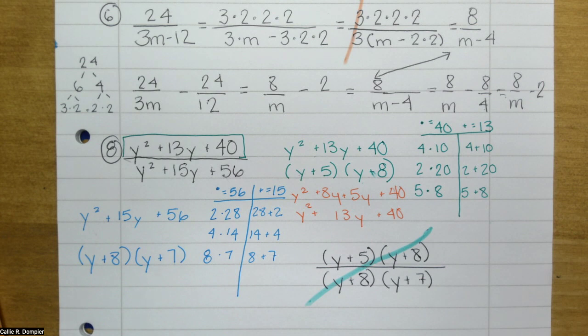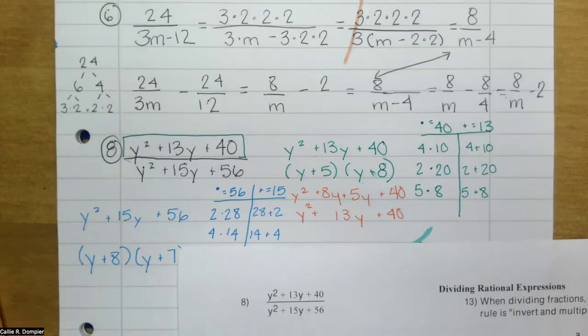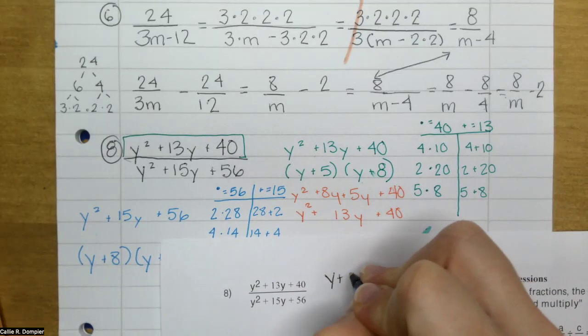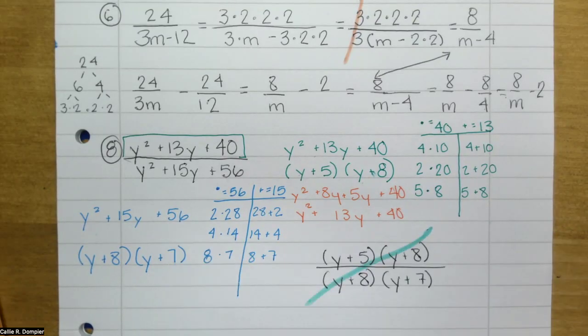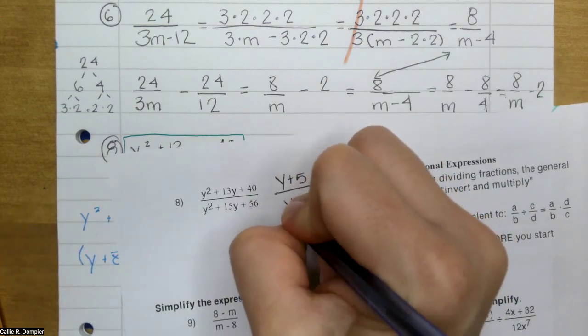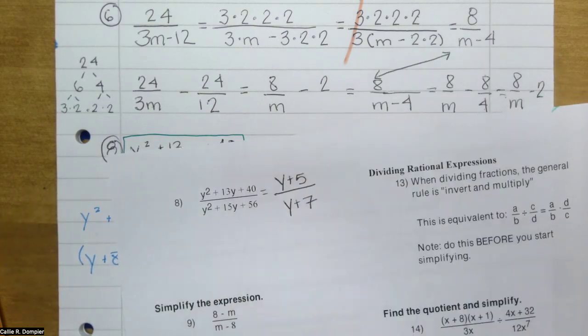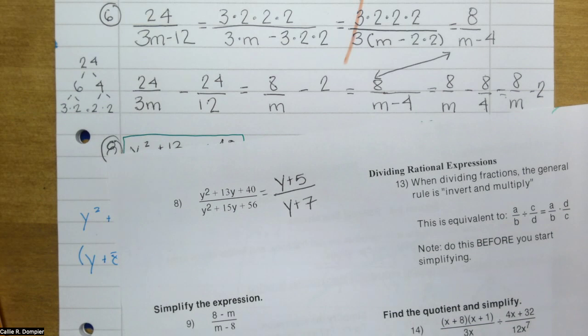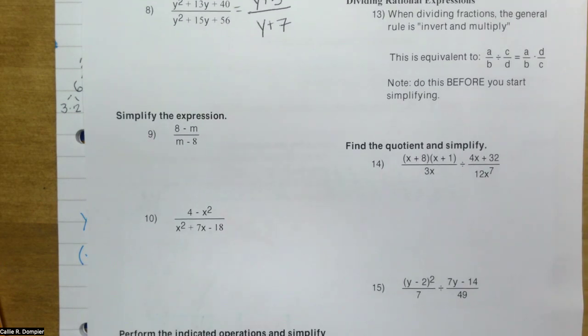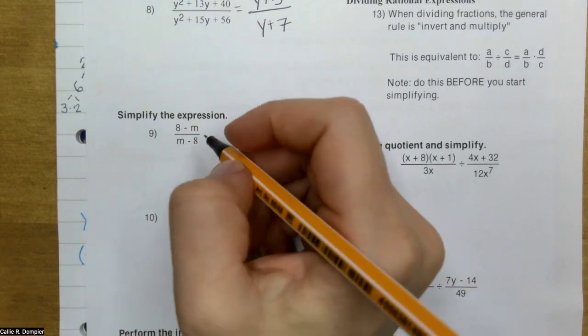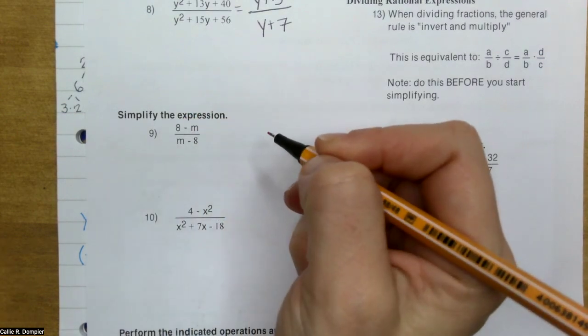So our final answer for number 8 is y plus 5, is what remained on the top. Y plus 7 is what remained on the bottom. And you're done. Good. All right, for number 9, remember that we want to put it in descending order of